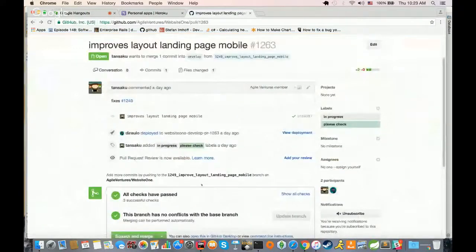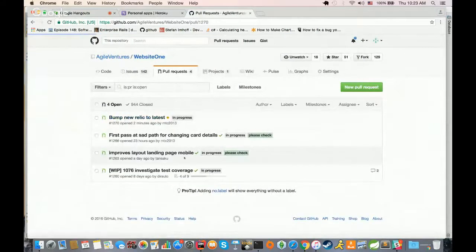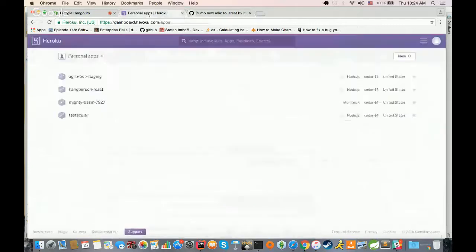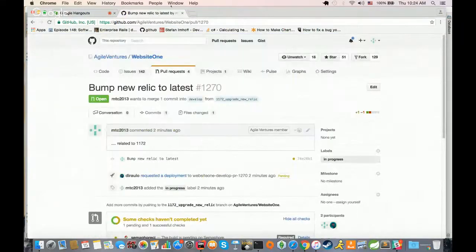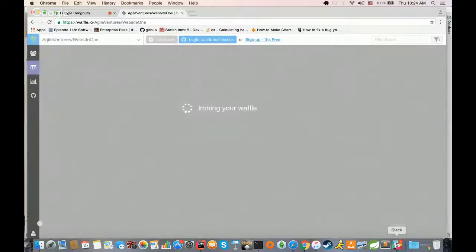Cool. Did it deploy already? No. Oh, no, they're just looking at the old one. It's got to pass the CI and everything. That's good. It's 1270 there. I was just going to say in here, I'm updating New Relic gem in